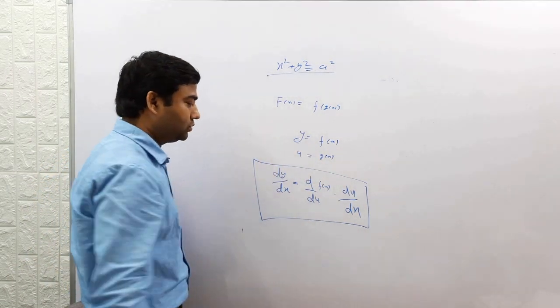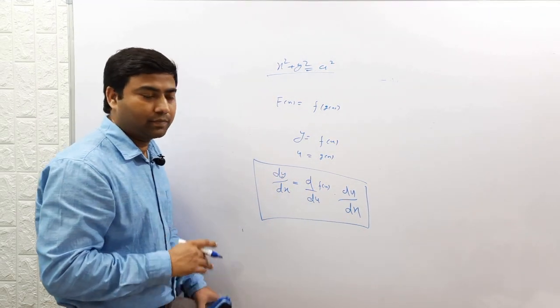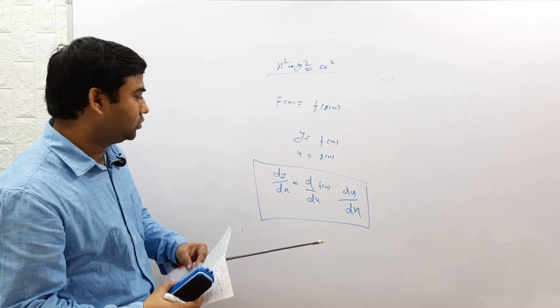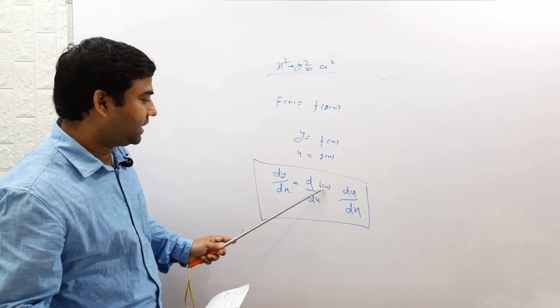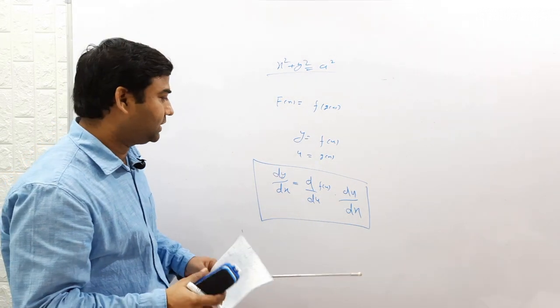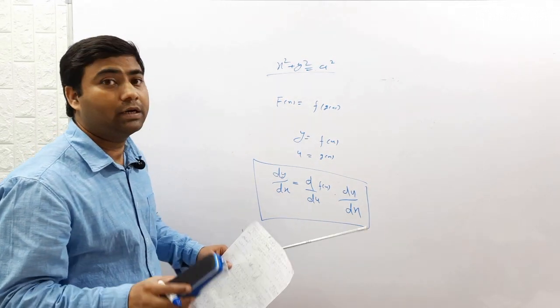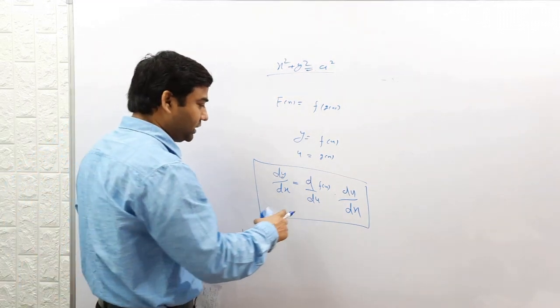When there is a composite function inside a function, in that case you can use the chain rule: dy over dx is d/du of f(u) into du over dx. So this is the method to find the differentiation of a composite function. This is called the chain rule. You can remember it